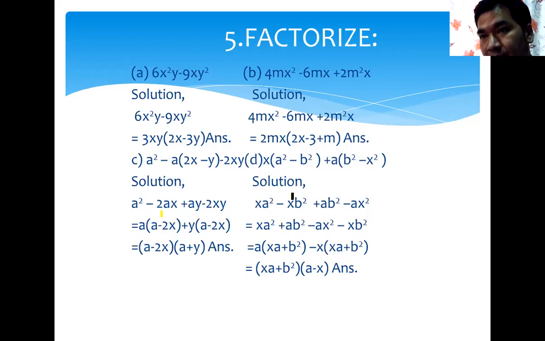Now if you take common, then again the question will come. That's why we have to shuffle it. Shuffle means we have to change the place. Let's put the second term in the last place. The second term should be exchanged with this one. Now the other terms stay the same, this minus xb square is kept last, and now take common: x a square plus ab square minus x square minus xb square.